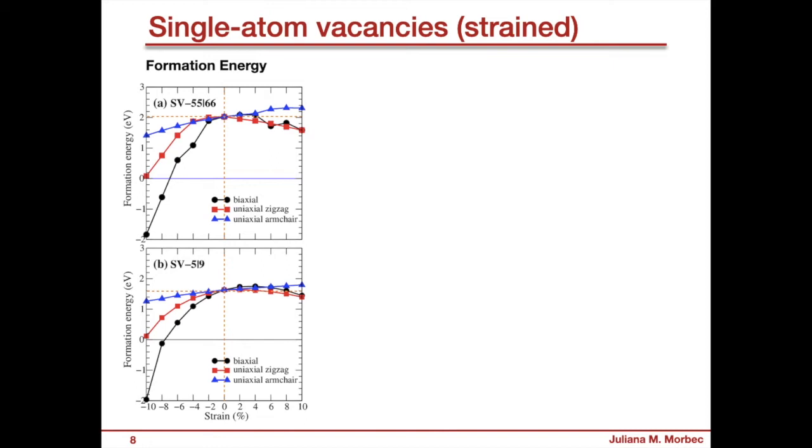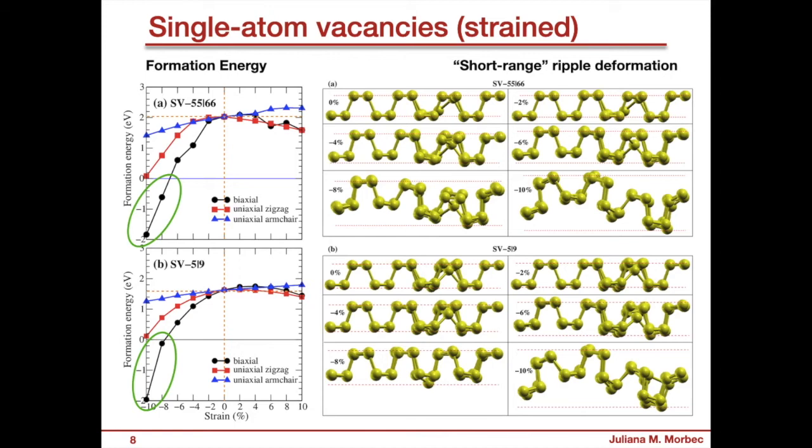So you can have a system with a vacancy as stable as a pristine system here if you apply uniaxial strain along the zigzag direction, for example, the red curve. And also, you can have even a system that is more stable than the pristine system when you apply compressive biaxial strain. And this happens because you have the formation of a short-range ripple deformation in phosphorene when you apply